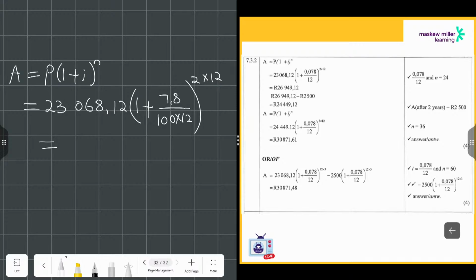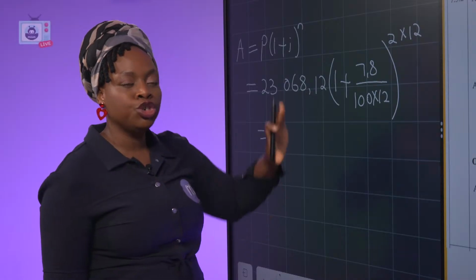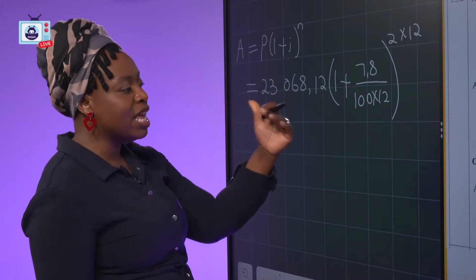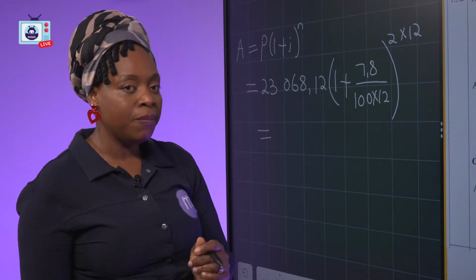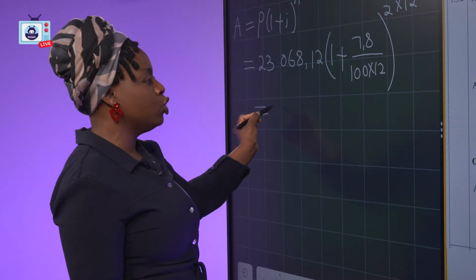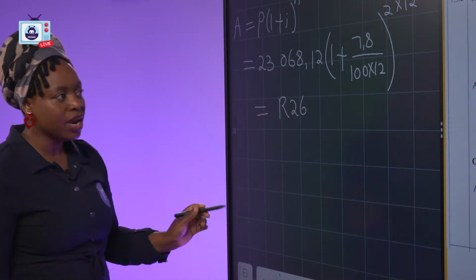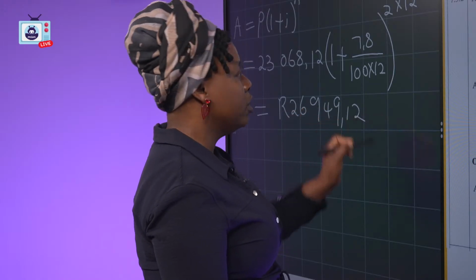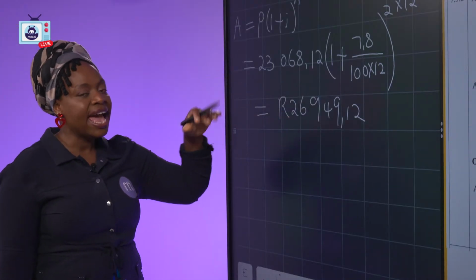So there are 2 ways to answer this question. Since it's 7 years, if I start with this 2, then I'm going to use this one and I do the other years, which is like 3, right? So you can do them step by step, or you can do it right away using the 5 years all together. So let's do it this way. When you do that, you're going to get your answer to be 26,949.12. But then remember, by this time, this person after these 2 years has withdrawn